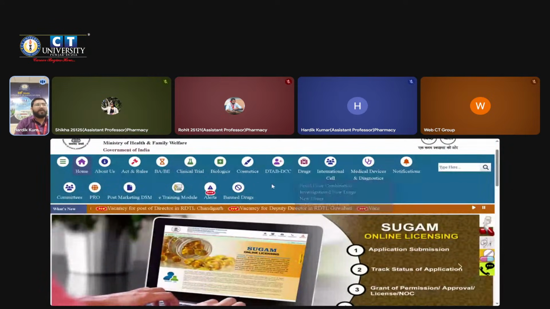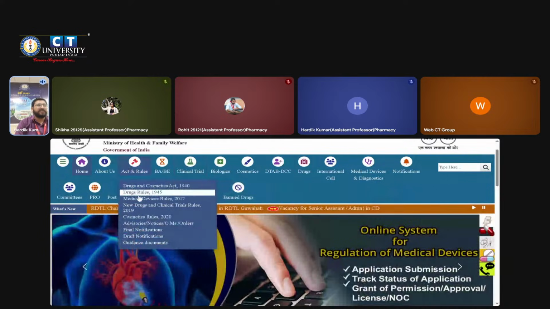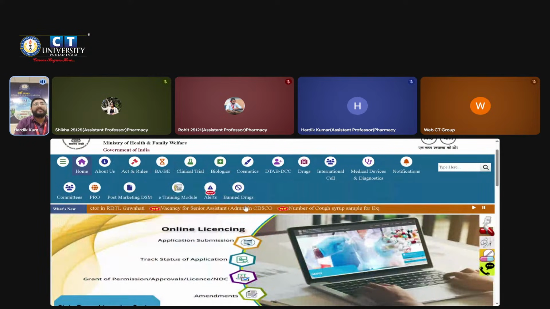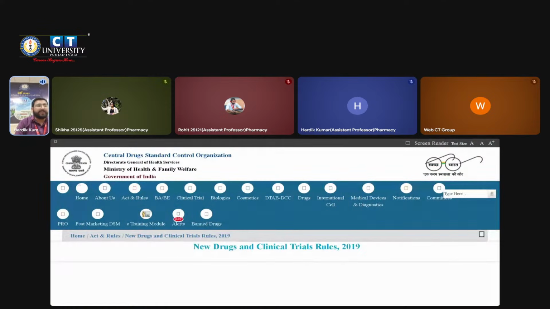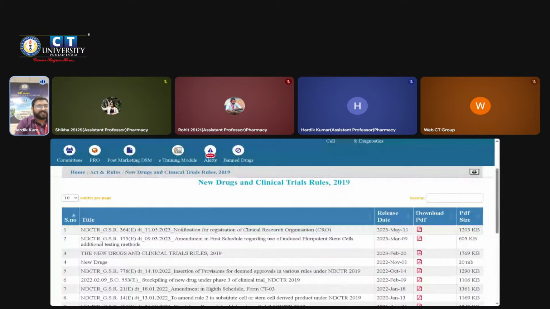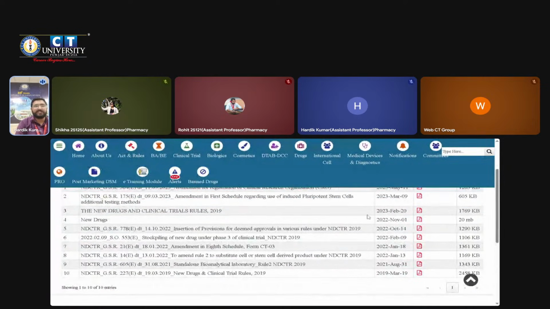If we want to know about the information of the act and rules, we must go to the act and rules. First we have to study the new drug and clinical trial rules that were updated in 2019. I am opening that act and rules. There is a PDF available of the act and rules. We have to follow each and every step of the PDF. If I open this PDF,